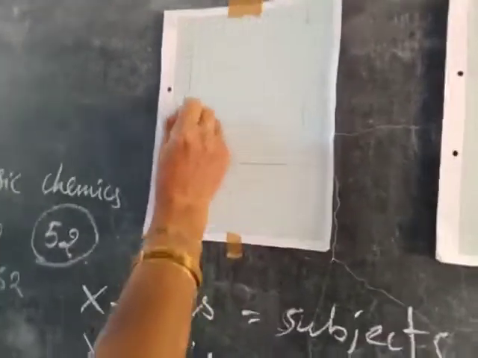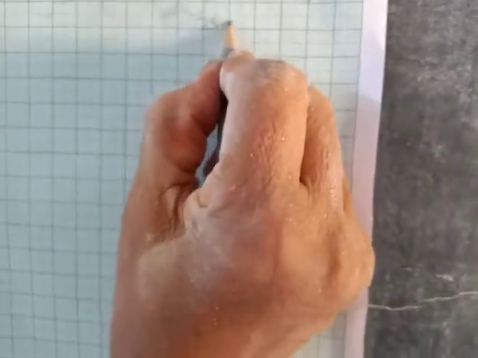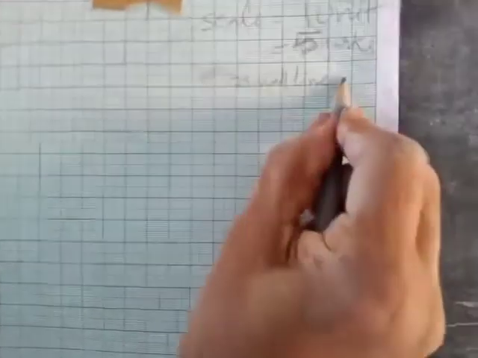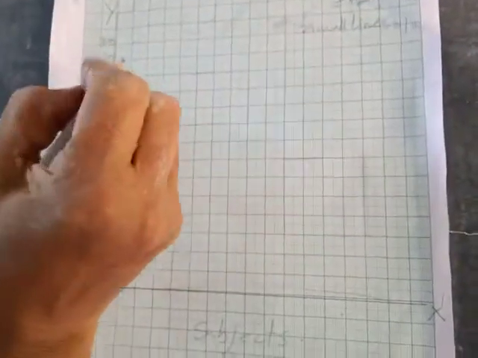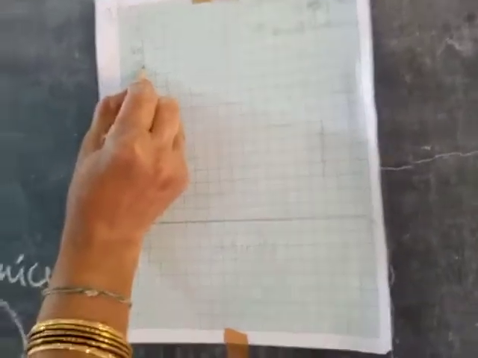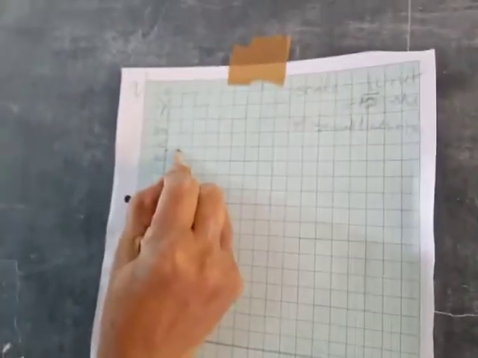You have to see that 64 is 60, and again 4 marks, where 2 small lines equal 1 mark. So 64 means how many lines will you take? 8. So after 60, count here, this is the 8. So here this is 64 and you have to draw a line this way.